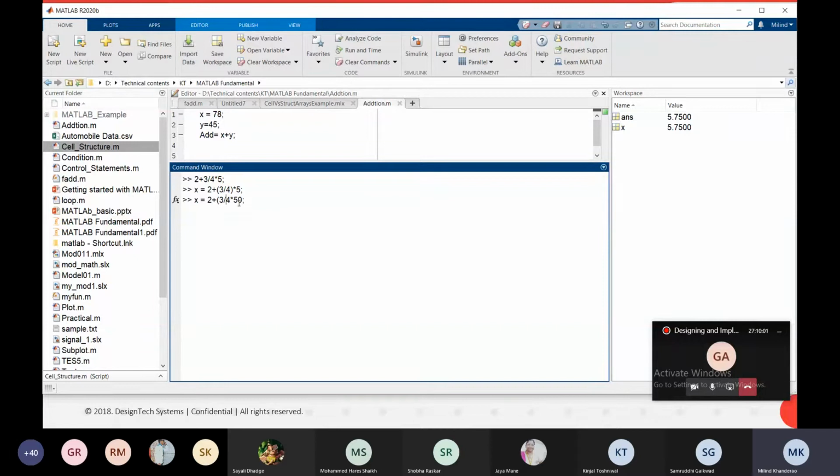If I change the order of this equation by simply using brackets, and the variable I will assign as y, it has a different value, 2.15. So we need to keep in mind that the order of the equation should be in a particular format. If you change the rule, it will affect your programming or your results.